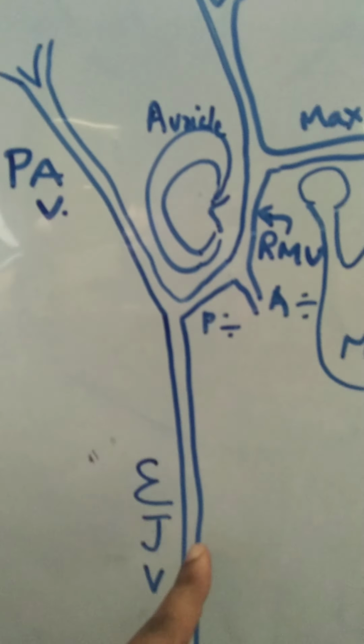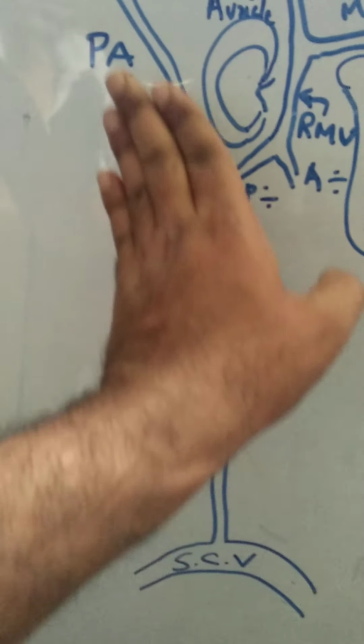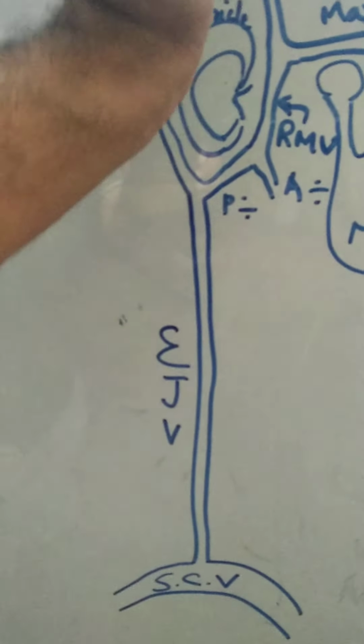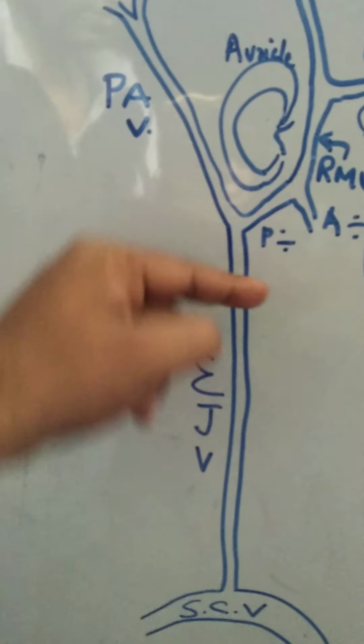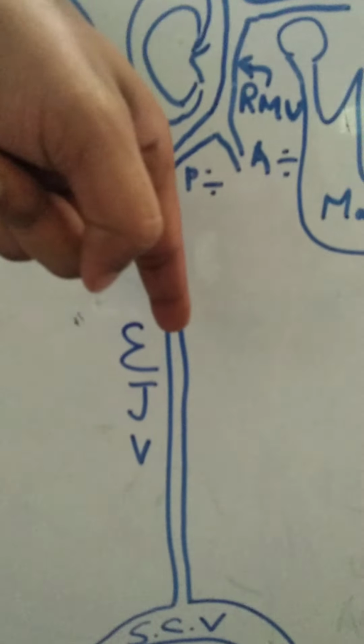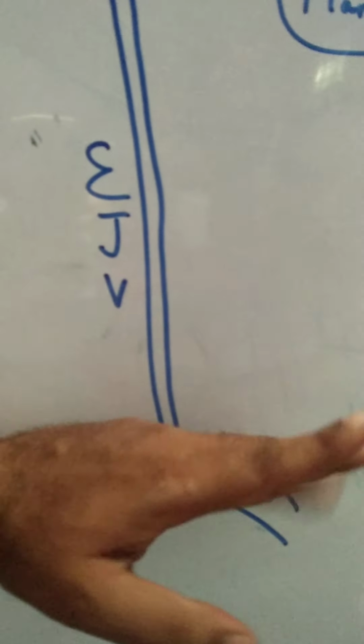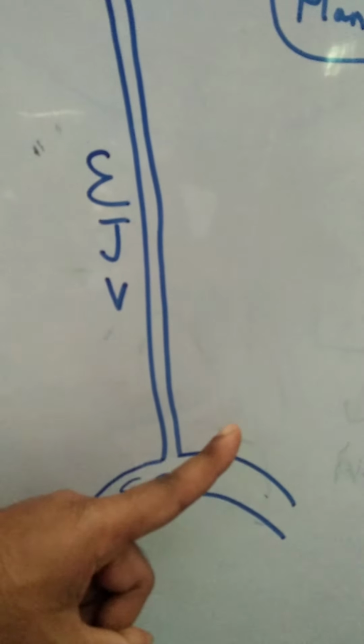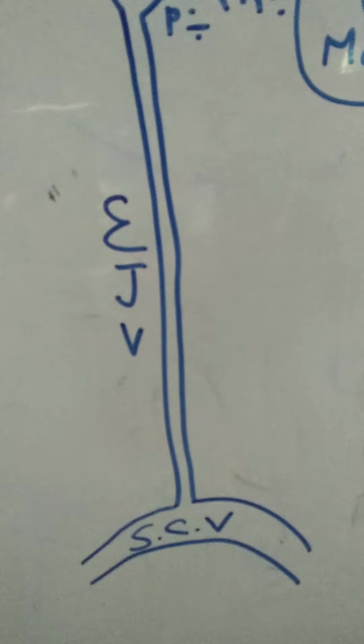As you can see, it vertically descends. The sternocleidomastoid will be obliquely oriented. For that, it will bisect the sternocleidomastoid on the superficial surface. It vertically descends down to end up in one vein which will be below the clavicle. This vein will be below clavicle. So we call it a subclavian vein.